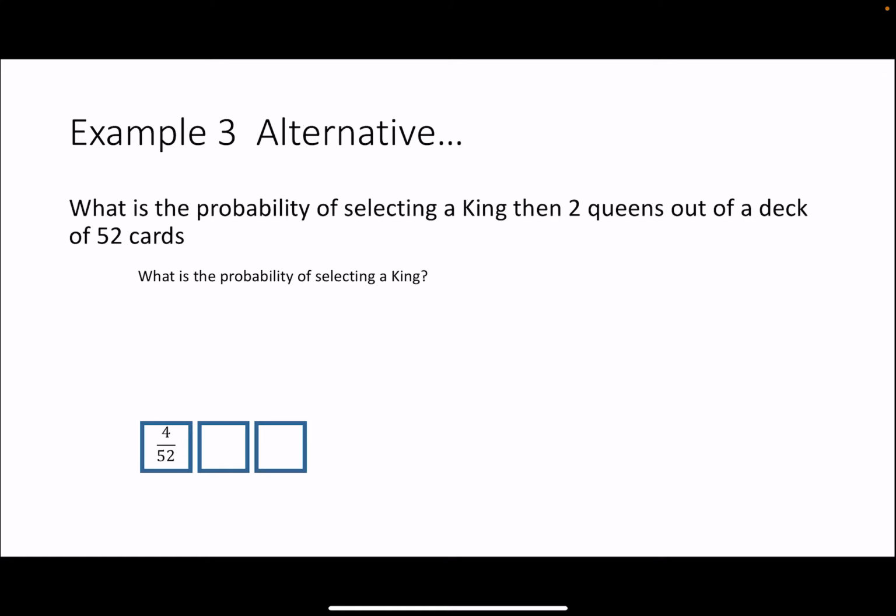What's the probability of selecting a king? 4 over 52. This is the same question done with independent events. Or actually, they're dependent events, because the probabilities are going to change. Multiplied by, what's the probability of selecting a queen? Well, there's